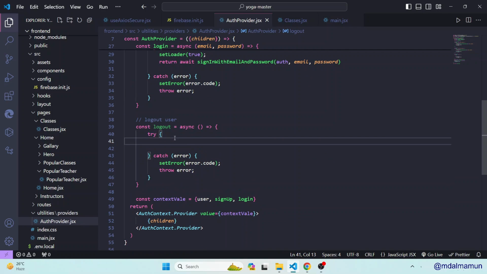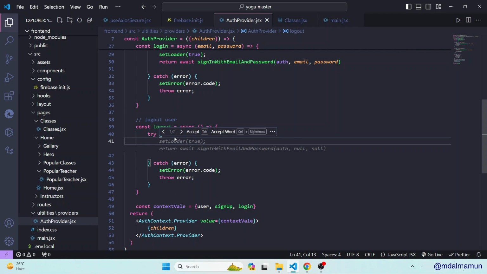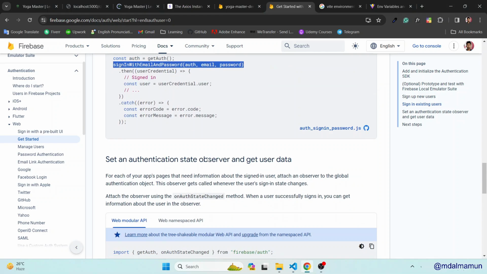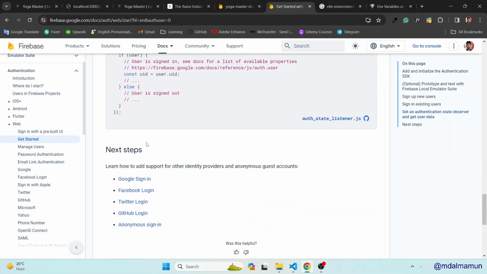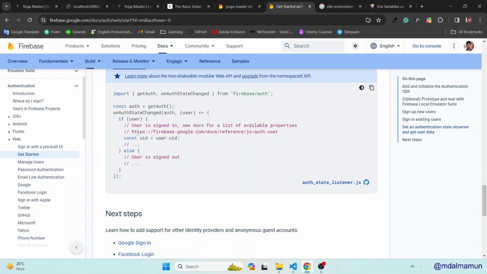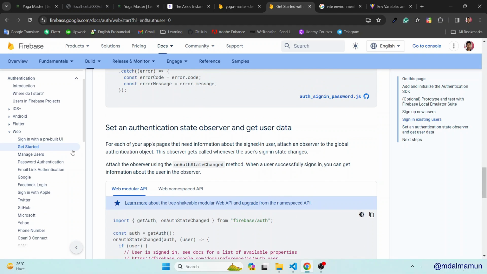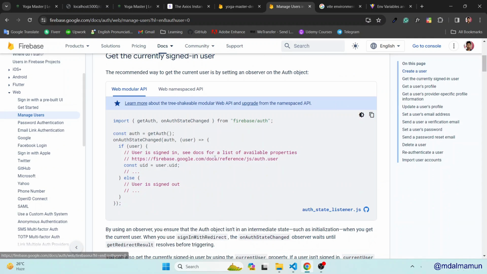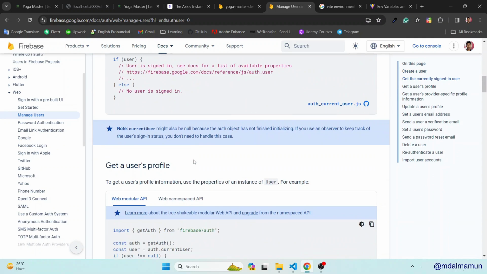And finally here, what we will have to do, we will return it. And return, let me check how. You can just log out. So if you scroll a little bit, where is actually sign out? Mm, the sign out functionality is there in manage users. You can just check the manage users. Then if you scroll a little bit,